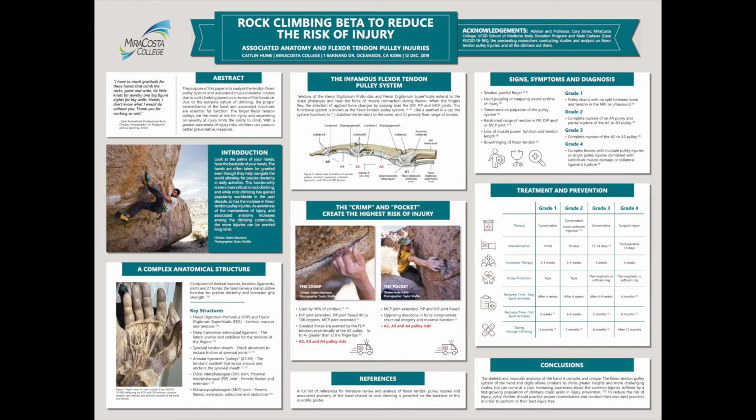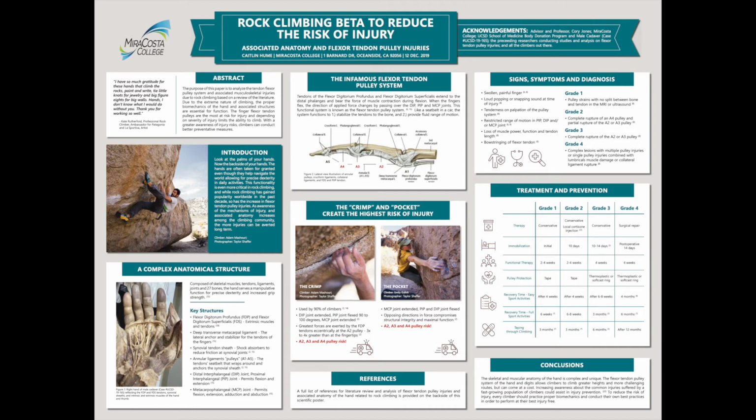Now, as we move to the upper right-hand corner of the poster, we'll look at signs, symptoms, and diagnosis of flexor tendon pulley injuries. And in order to properly diagnose the degree of injury to the flexor tendon pulley, a grading system has been developed. Grade 1 injuries are pulley strains with no split between bone and tendon in the MRI or ultrasound. A complete rupture of an A4 pulley and a partial rupture of the more essential A2 or A3 pulley are designated as a grade 2 injury, while complete rupture of the A2 or A3 is rated as a grade 3